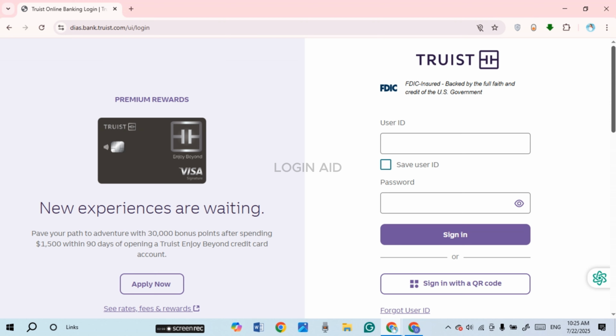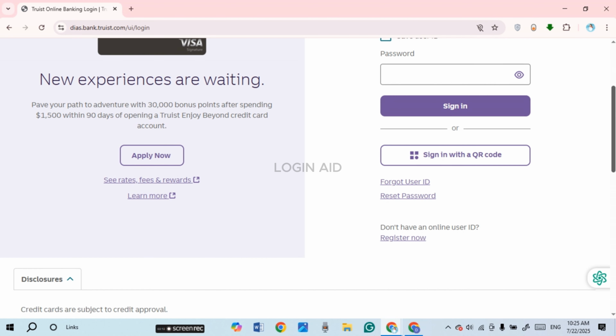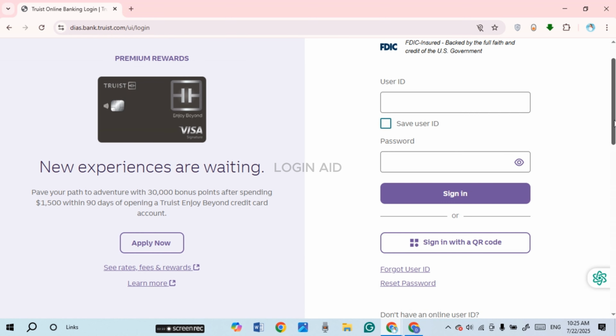From here you'll be able to log into your account. If you do not have an account yet, you'll be able to find the option for register now. Simply click on it and you'll be able to register for your account. But if you already have an account, you'll be able to sign in. You can either sign into your account by providing your user ID, or you can also sign in with a